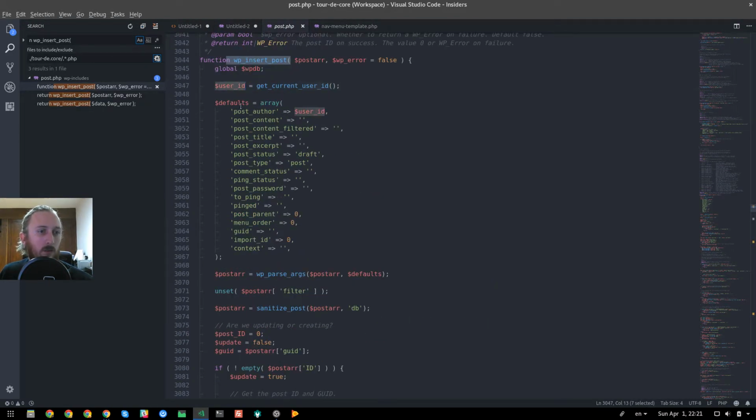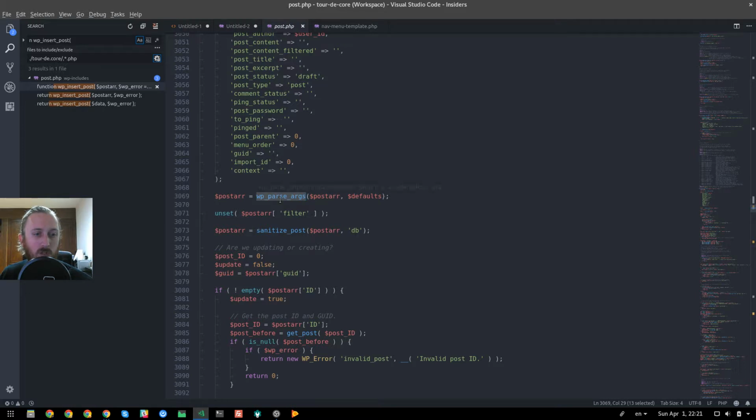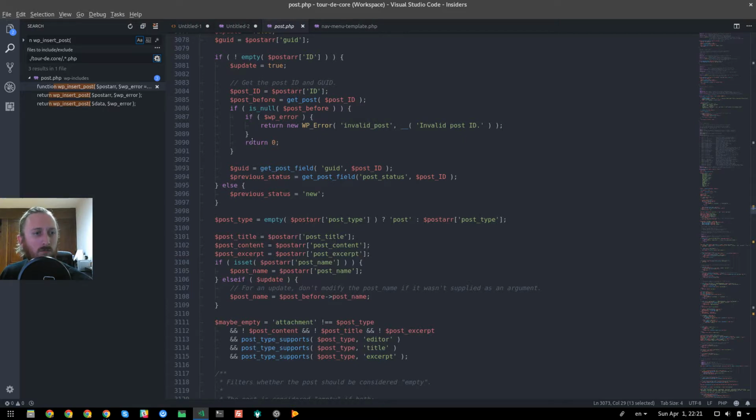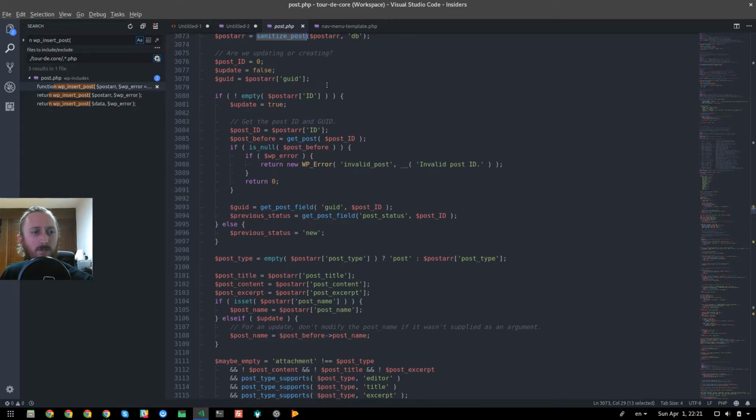So wp_insert_post initializes an array of default values and then merges them together with the data that you send. Then it sanitizes the data. So nothing huge so far. It checks if you do have an ID, and if you have an ID, it calls, well, first it sees if there is a post like that at all, and if there isn't, it's going to give you a WP error,